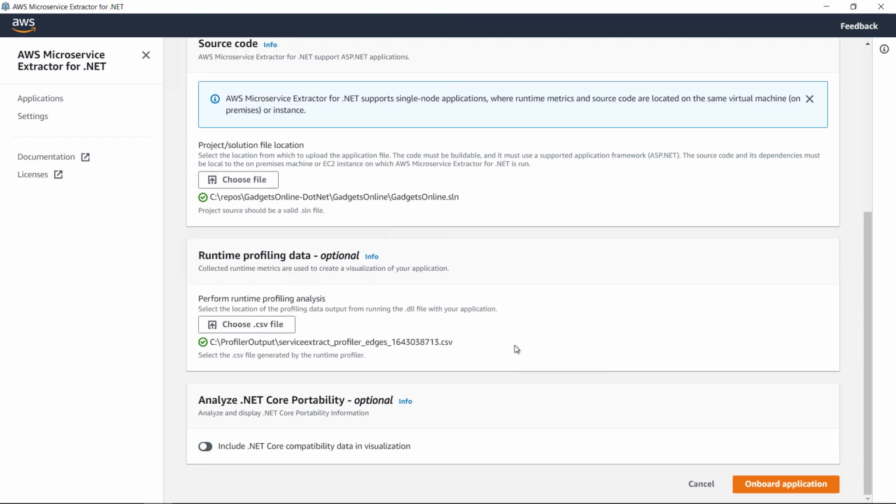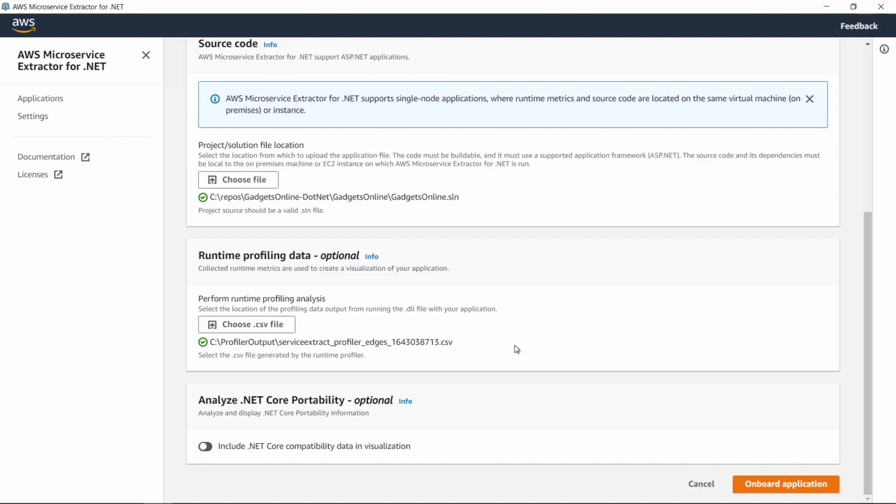The next one, again, this is an optional setting. It is integration with Porting Assistant for .NET. Porting Assistant for .NET is another assistive tool which can help you analyze, assess, and estimate your .NET Framework applications and see how much of that application is compatible with .NET Core. Porting Assistant gives out a list of NuGet packages which are not compatible, as well as API calls which are not compatible with .NET Core. Along with that, you also get recommendations and suggestions about NuGet packages and about API calls which will be compatible with .NET Core or .NET 5.